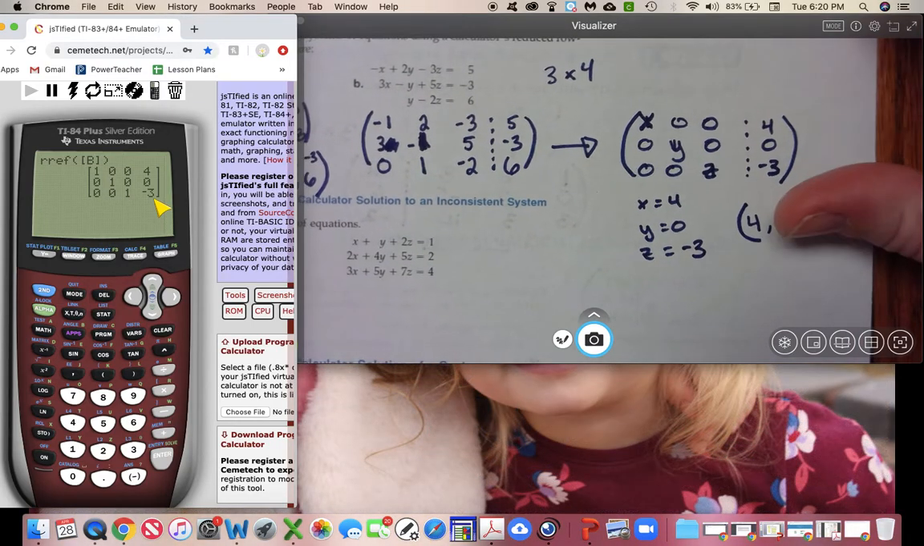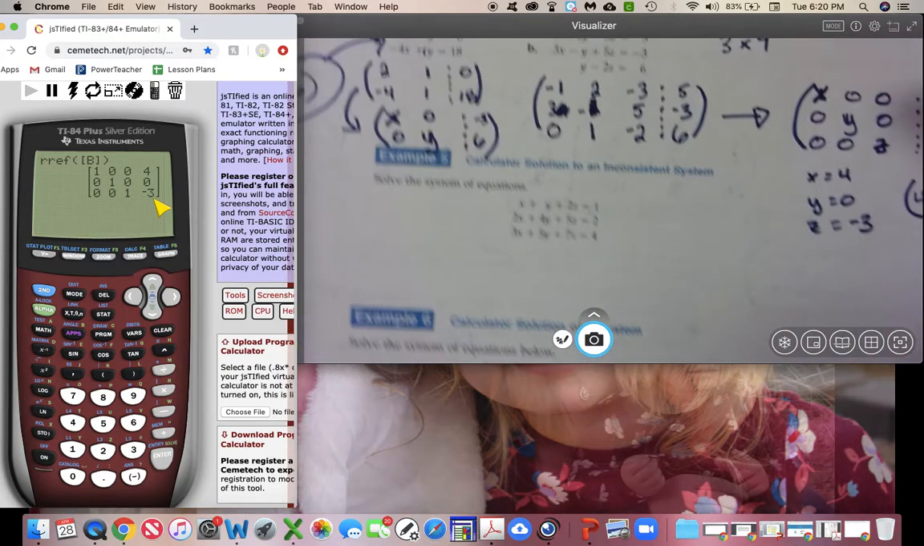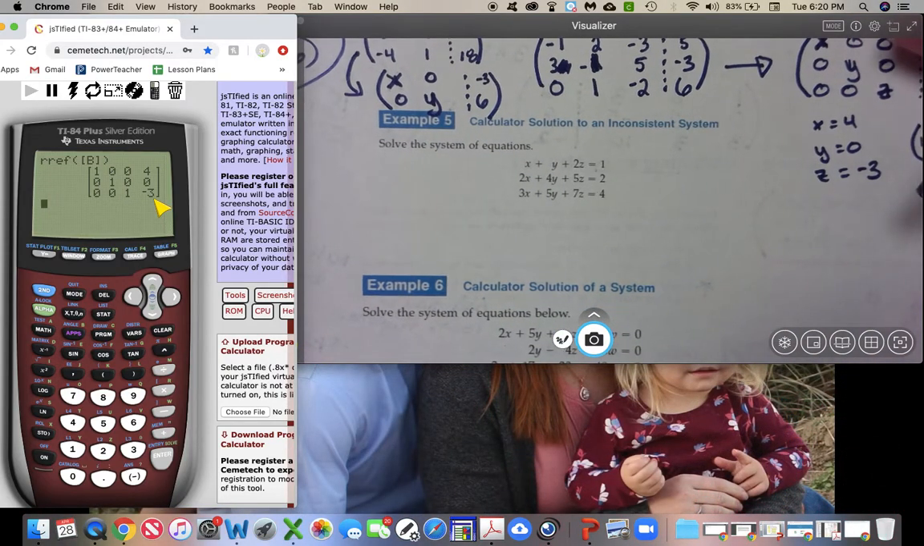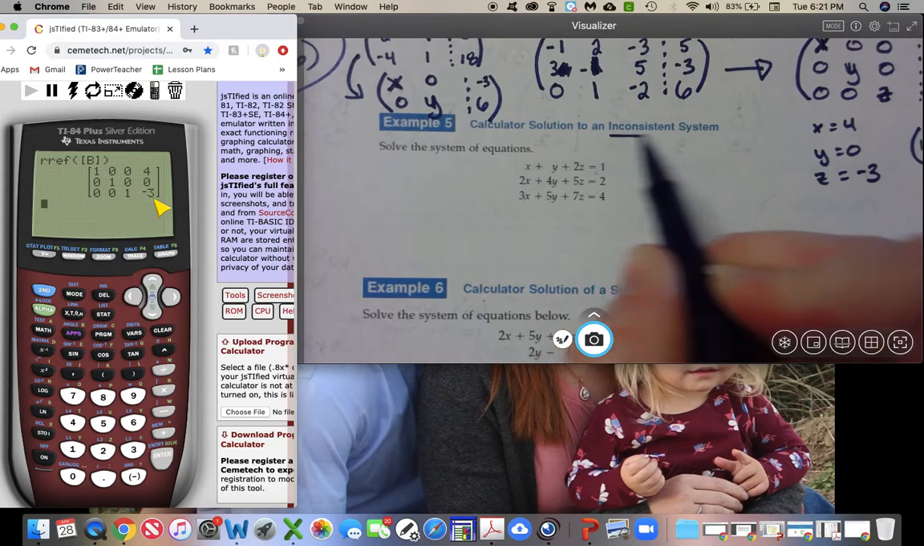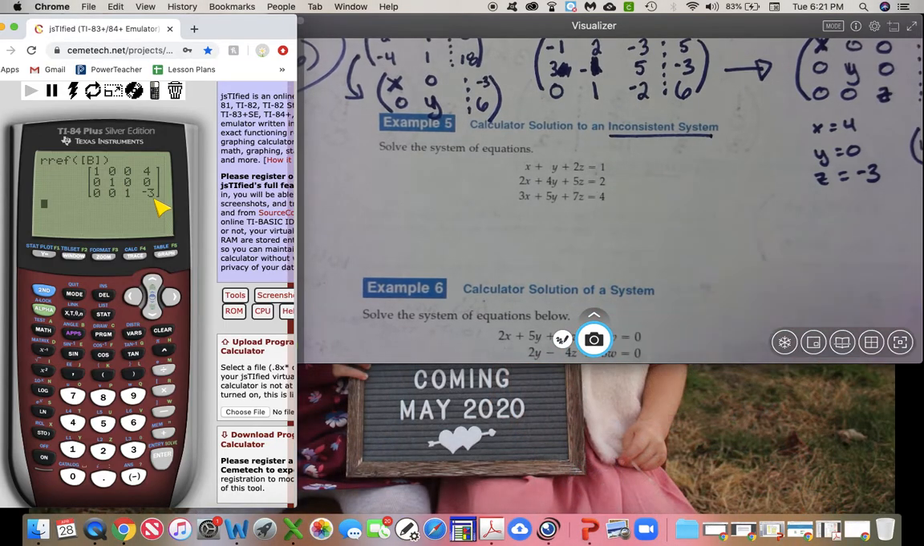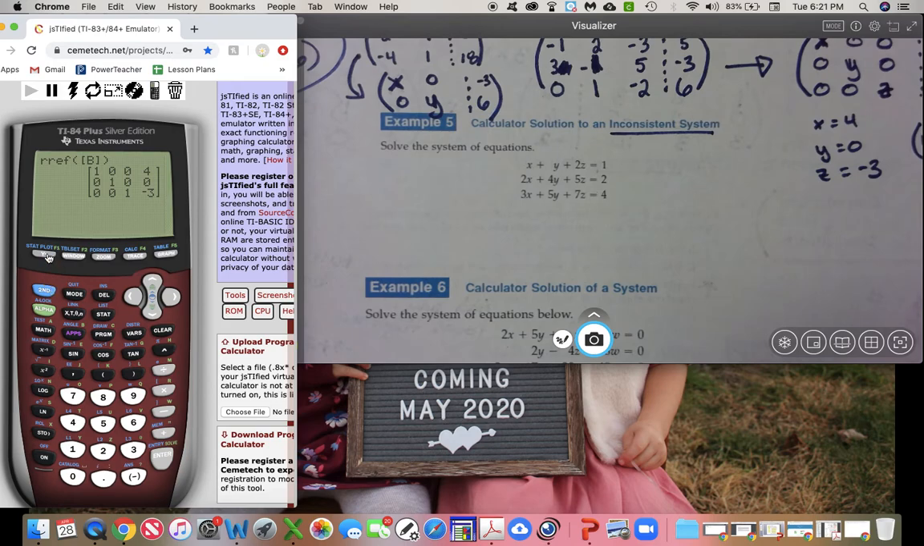Okay. All right, example 5: solve the system of equations. This is going to lead me to an inconsistent system, so I'm either going to have no solutions or infinitely many solutions. We'll see what this looks like, okay? So I'm going to go, again,